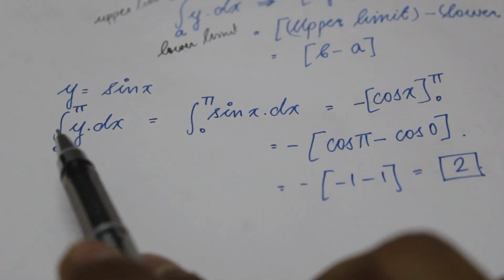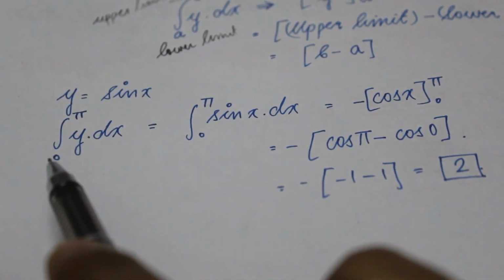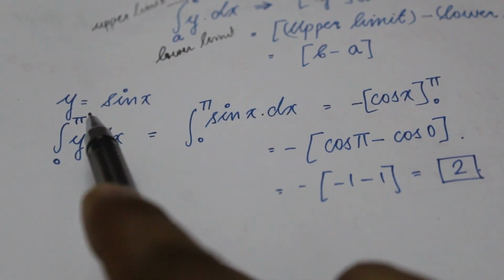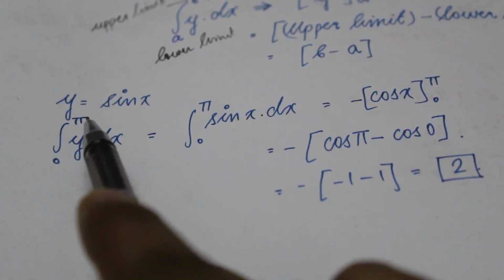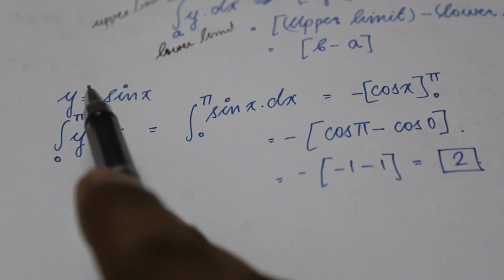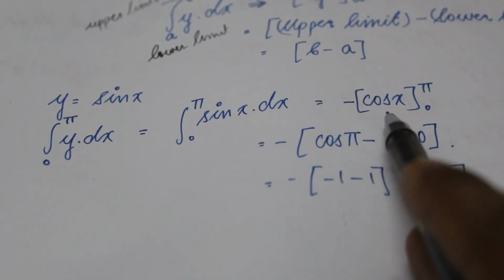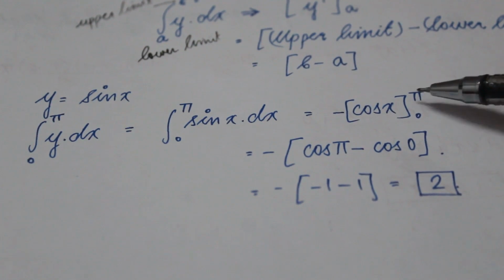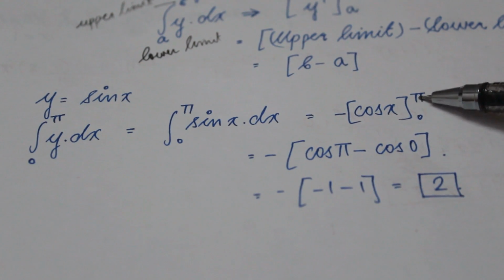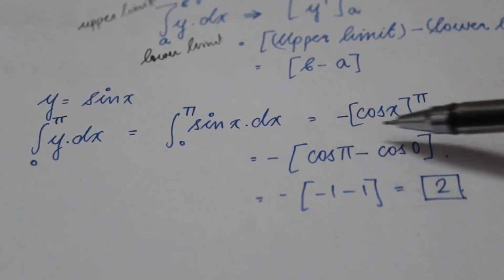As we know that the SI unit of angle is radian, so we will be discussing it in the form of radian. So I need to integrate this function between 0 to pi, or you can say I need to find out the area under the sin x curve from the point 0 to pi. Now how to do this? As we know, integration of sin x is equal to minus cos x. So I have written the upper limit and the lower limit. What we do next is we put these values in the variable, upper limit minus lower limit.